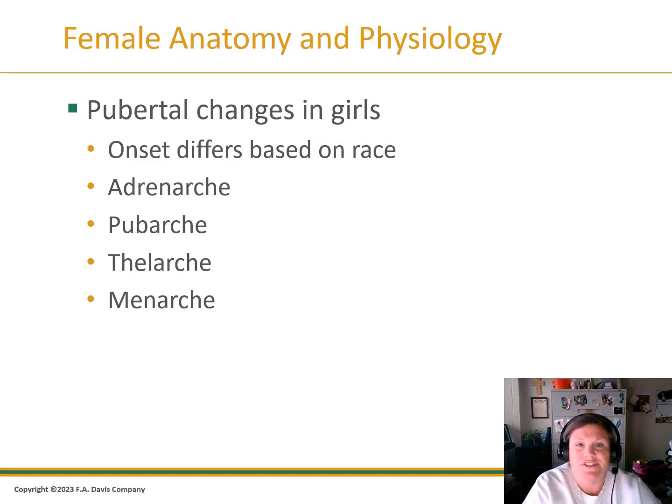Pubarche is the appearance of pubic hair, so it's when that's first discovered. Thelarche is the appearance of breast tissue maturation, and menarche is when they have their first cycle, their first menstrual period. I don't think there are any test questions that speak to any of this, but it's important to understand some of this terminology in reference to medical